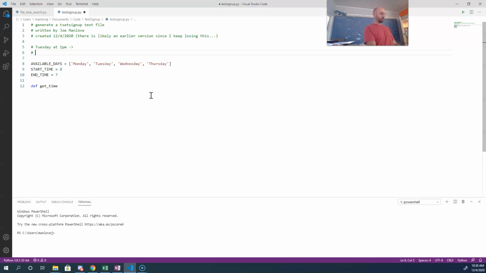Another one I might want would be something like Wednesday at noon, because I don't want students getting confused about AM, PM nonsense. So I want noon to read out as noon. Okay, so I'm going to have to do something like get time that's going to take a number. So this function is going to take an integer